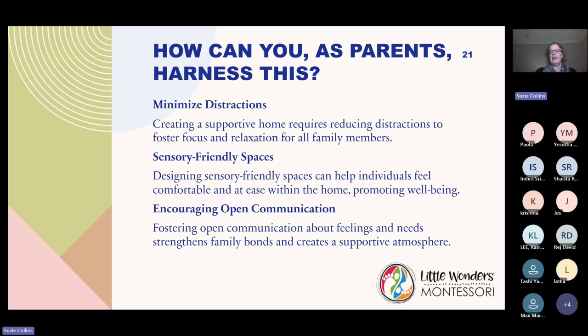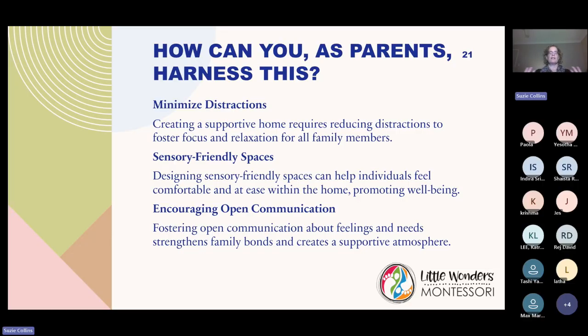So then as parents, how are we actually going to harness this? How do we support that in their environment? I guess it can be exactly the same for you guys as educators as well. So how about we start with minimising the distractions? Create a supportive home or centre with reduced distractions so that the child can foster their focus, and relaxation for everybody around.